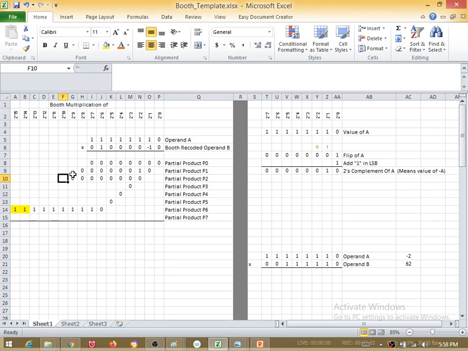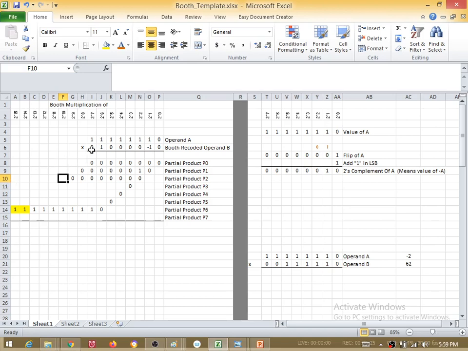But in real life, yes, these are also sign extended with all zeros, but I don't have to worry about them because their value is actually 0. But here I do have to worry about this vector because its sign bit is a 1. I have to extend it with ones. So be very careful whenever you are writing any vector here in the partial product. If the last bit is a 1, you have to sign extend till the end with a 1. If you don't do this, you will get a wrong answer. So remember to sign extend your partial products.